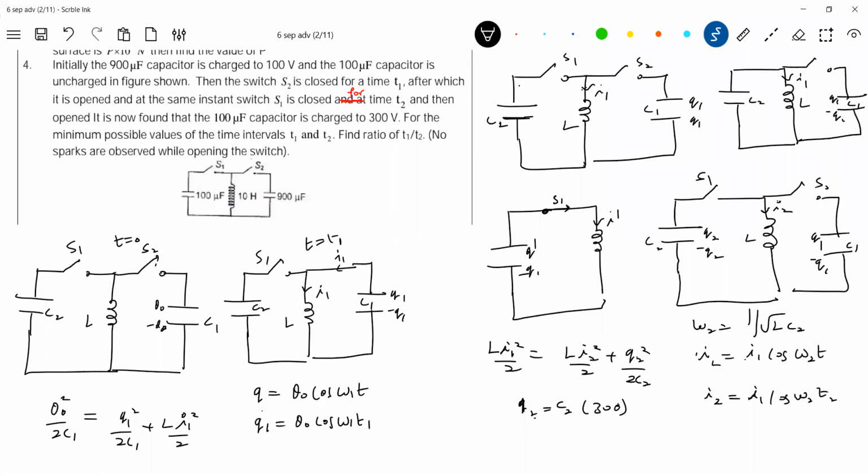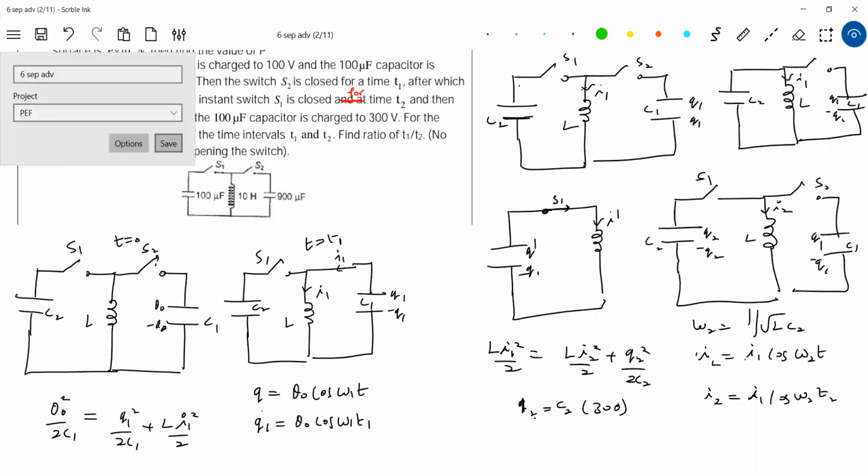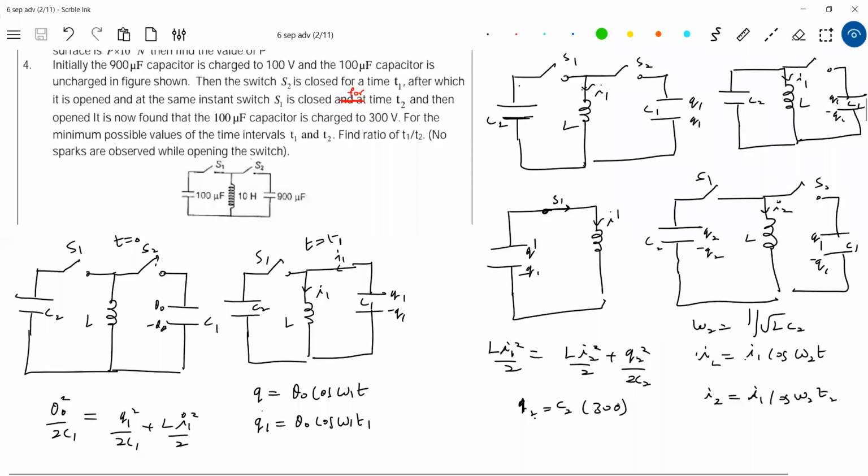I think it is a little bit lengthy. So if you see this I2 in terms of I1, you bring it, substitute here. I1 gets eliminated, then we'll get T2. After getting T2, you'll get I2. Substitute here. We know Q2, we'll get I1. That I1 you have to substitute here. You'll get Q1. That Q1 you have to substitute here. You'll get T1. Then T1 by T2. Okay, I'll go for the next one. For the minimum possible values of time, in minimum